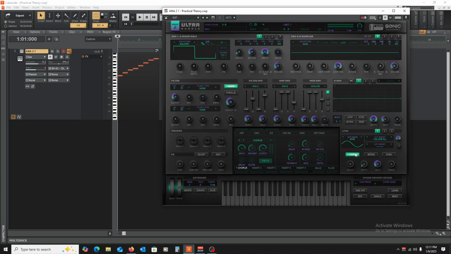And then if we come down here, we can have it do various things. A loop means that it's going to go through this cycle and then come back and do the cycle again. If we take loop off, it means it's going to go through this cycle and then it's done changing. It's no longer going to be affected by this anymore. So it's just going to do it one time and it's done. A loop means it's going to continuously go through this cycle over and over again for infinity.